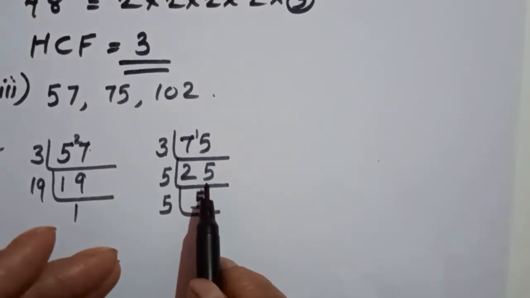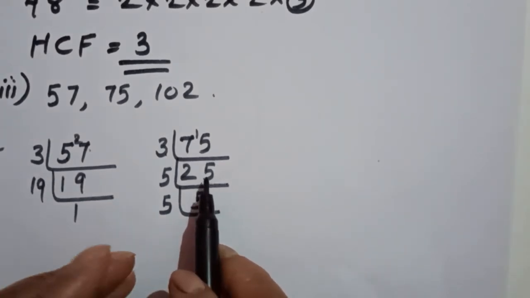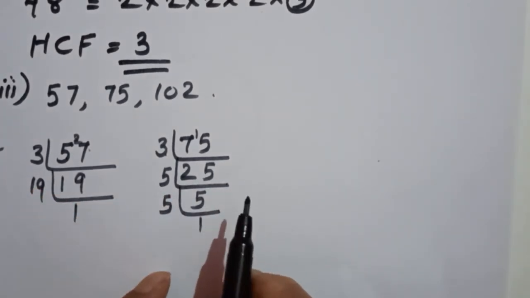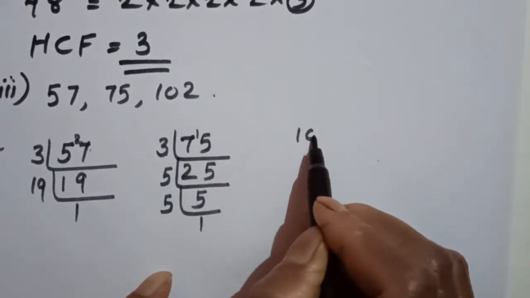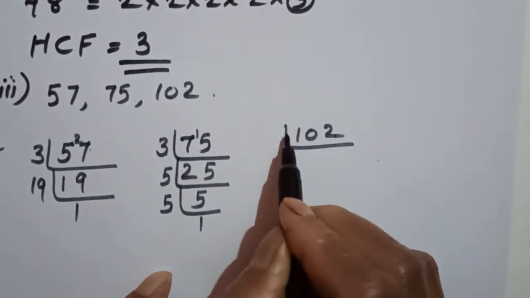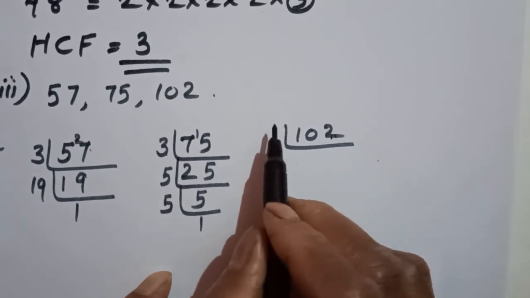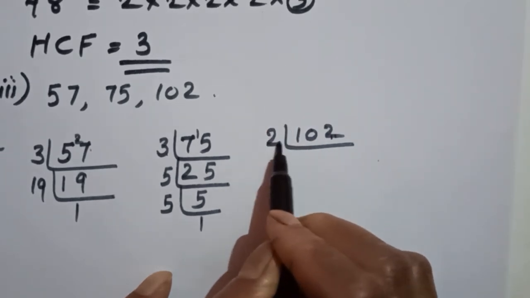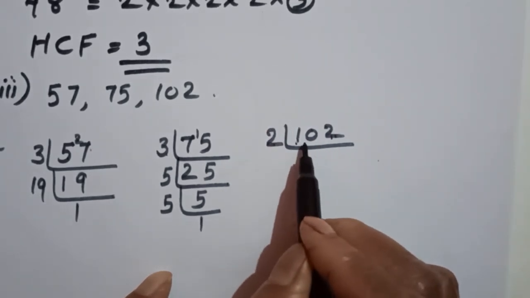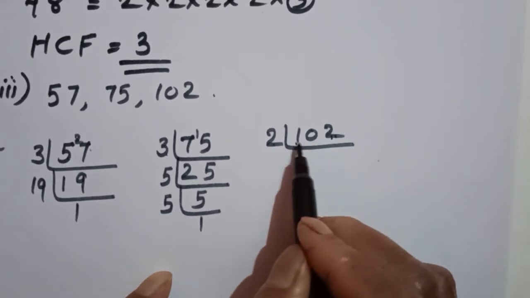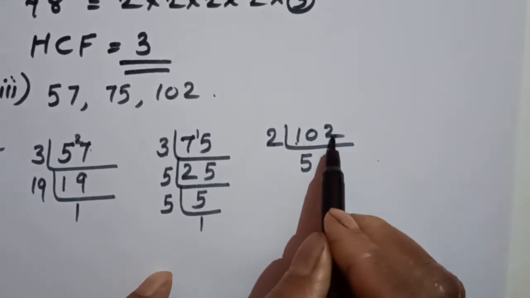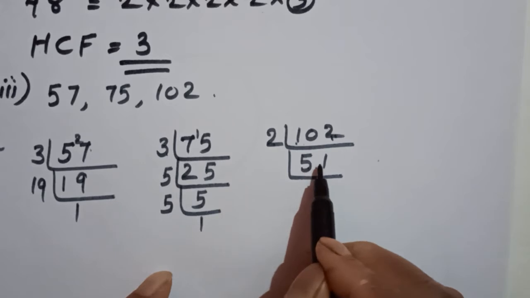That means this number is divisible by 1 and 25 also. I'm talking about the prime factor of 25. Okay, now 102, it is divisible by 2 because last digit is 2. 1 is smaller than this 2, so we are taking two digits, 10. 2 fives are 10 and this one 2 ones are 2.